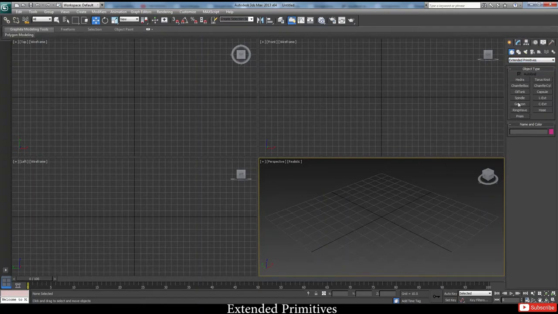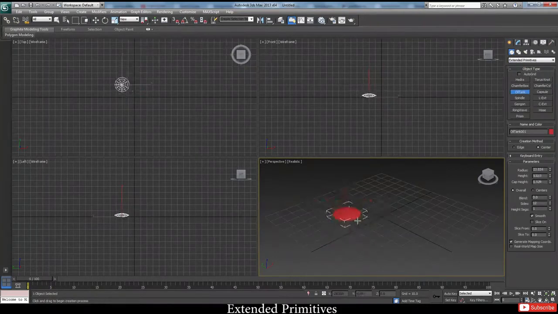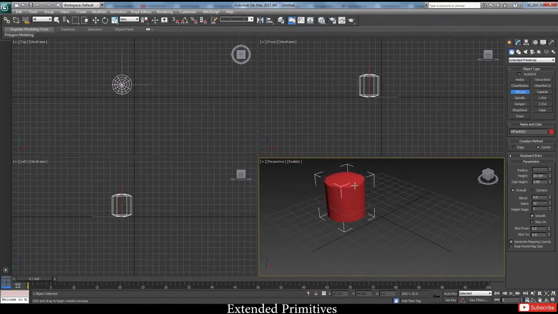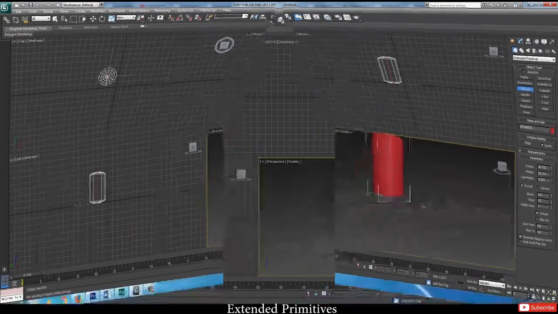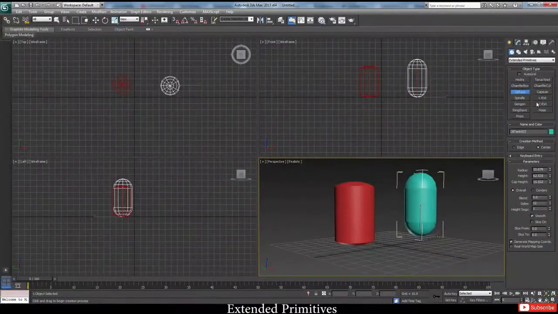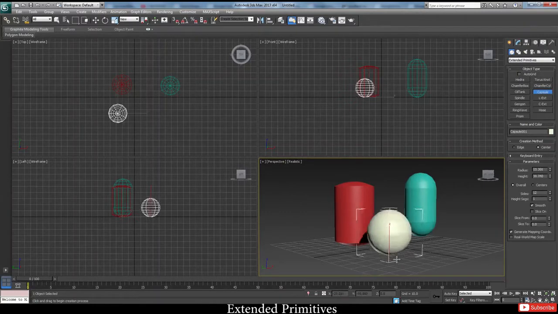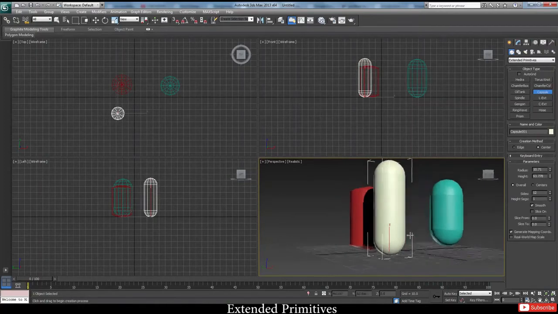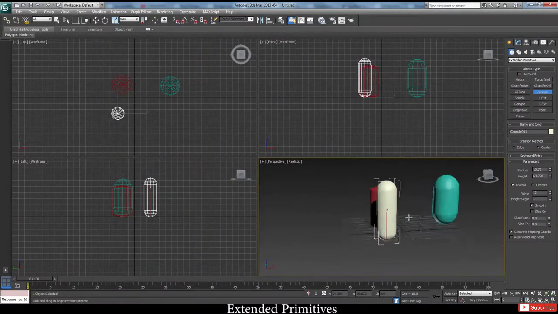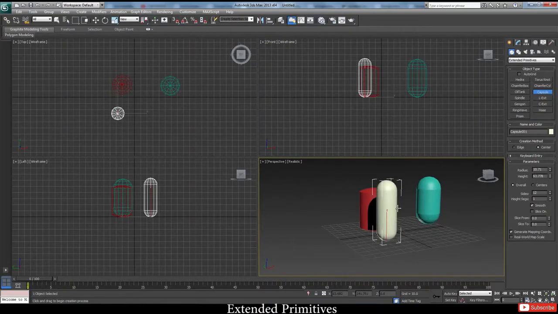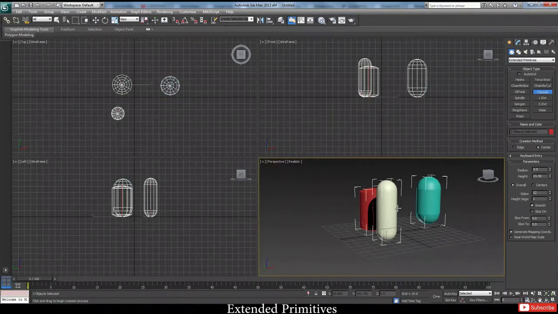In the extended primitives, you have, let's say, the oil tank. What do you do with the oil tank? Click, drag, get it back. Right, so this is your oil tank. Next we have, let's say, a capsule. It's very similar looking to this oil tank. So we first make a sphere, then decide the height. So this is a capsule. If you remember from the 90s, you had Dragon Ball Z. It was a 2D program, but all of them looked like 3D capsules. Right, so let's just select all and delete.